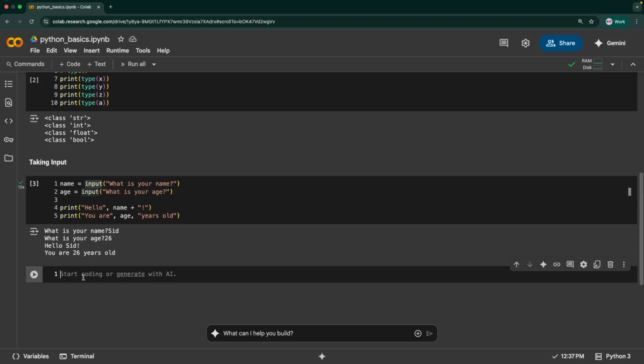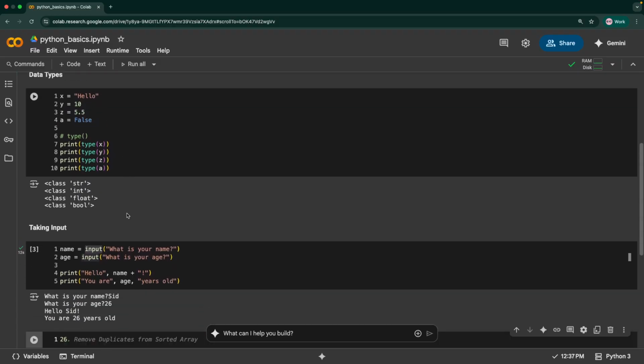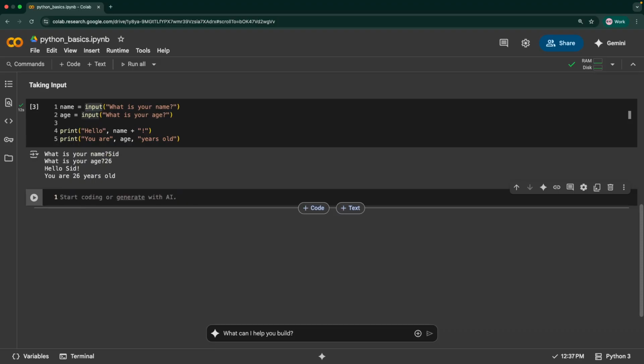So string in the sense, it won't take this value as 26 as we have earlier seen for this y and all that. So rather this would be taken as 26 within double quotes. Now it would become a string. So now let's convert the input to numbers if needed, like an age or height, which should be a number, right, and not a string value. Let's see how we can do that.